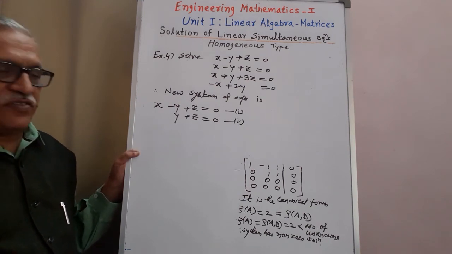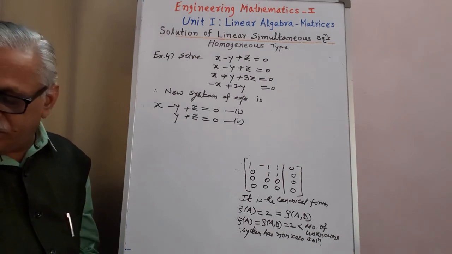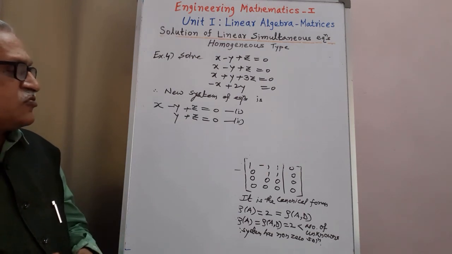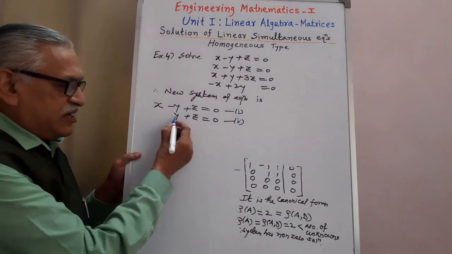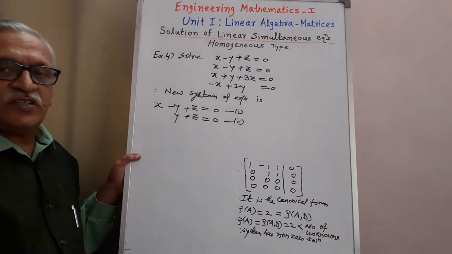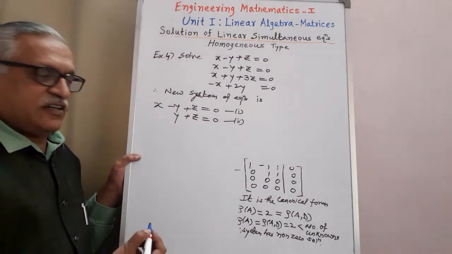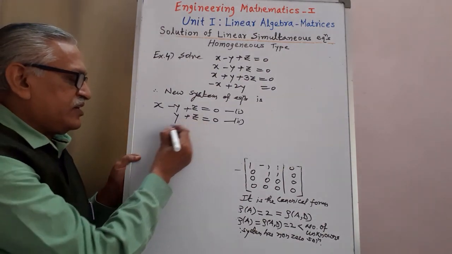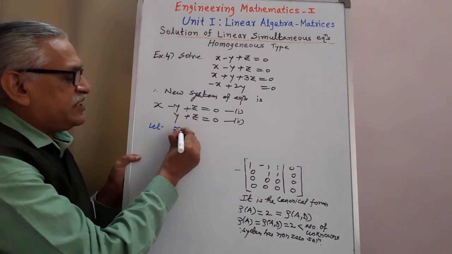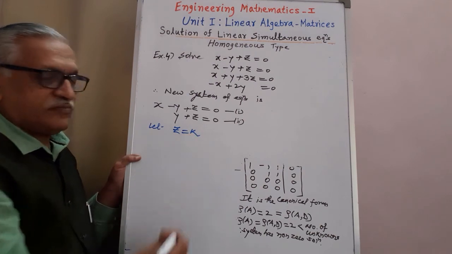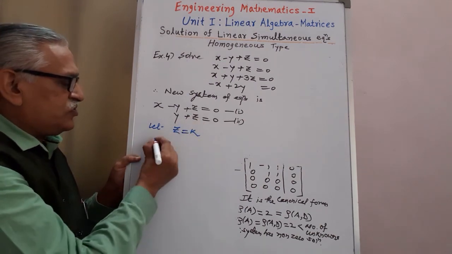We have only two equations, and therefore solving this to obtain the infinite solution, applying that technique. The last equation contains two unknowns, y and z. Any one of them we have to consider as a non-zero scalar quantity k. Therefore here let me consider z as k, and then substitute that value in equation 2.